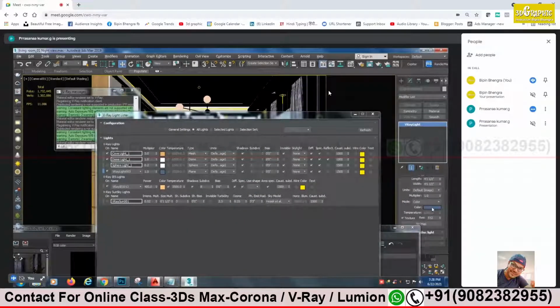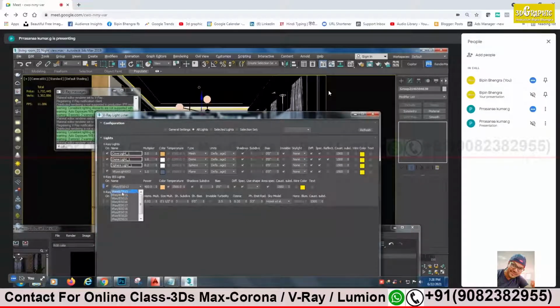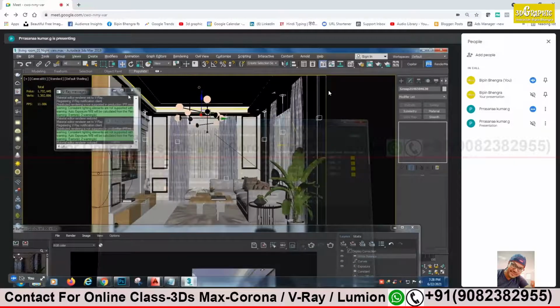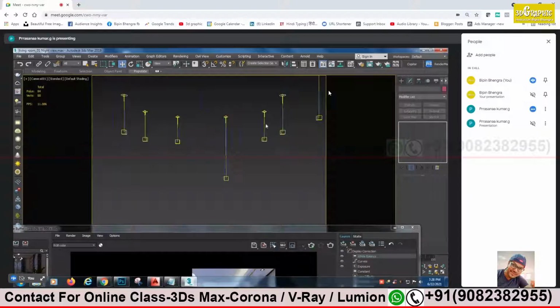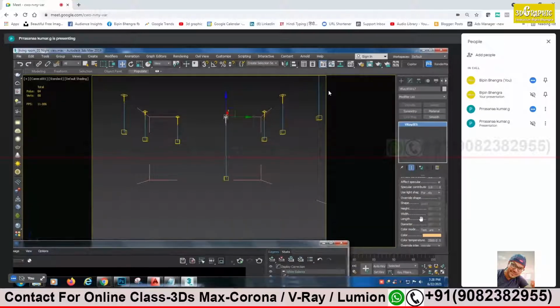Just see. No, that is not the ice light. Bottom, yes. I think I should open the group, no? Just open the group and the top one, yes. Now you see the property. It's the color temperature. 3500, sir. And the intensity value here is not changed. The value is more, no, sir.